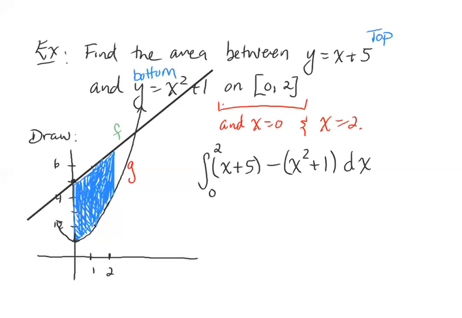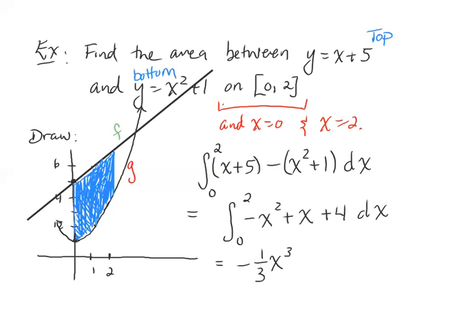Now I can apply my rules of integration, calculating the definite integral using the fundamental theorem of calculus to find the value of this. So this is the integral from 0 to 2. I'm going to simplify the algebra a little first. I have negative x squared plus x plus 4, since 5 minus 1 is 4, dx. Okay, integrate that. The antiderivative is negative x cubed times 1/3 plus x squared times 1/2 plus 4x,